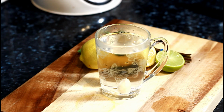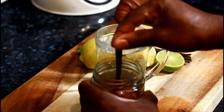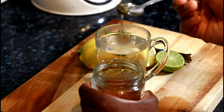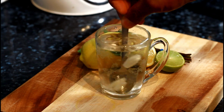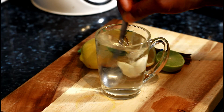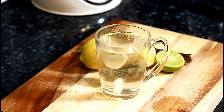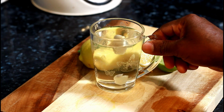I have some organic honey. All you need to do is dip the spoon inside of it, your teaspoon, and make it drain off. And then you dip it into your cup and just sweeten it like this. Yes, perfect. Drink this on an empty stomach at night,